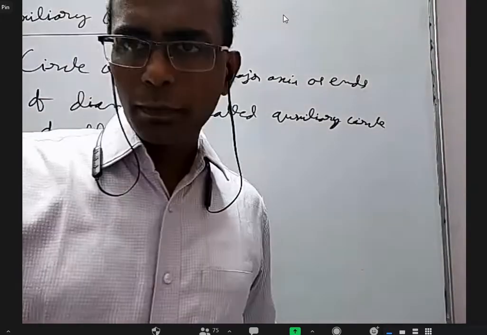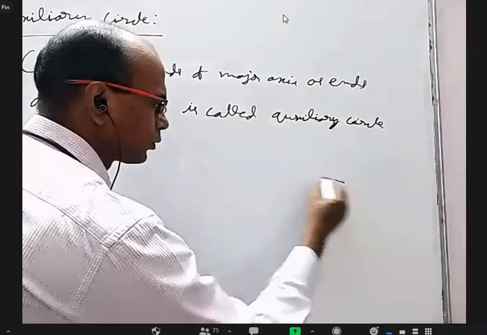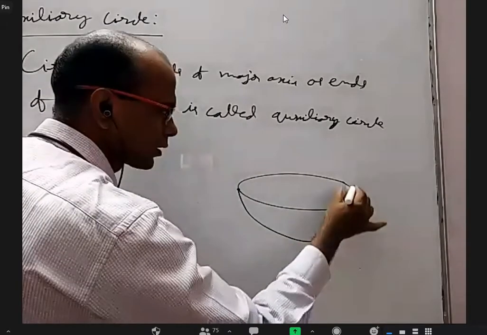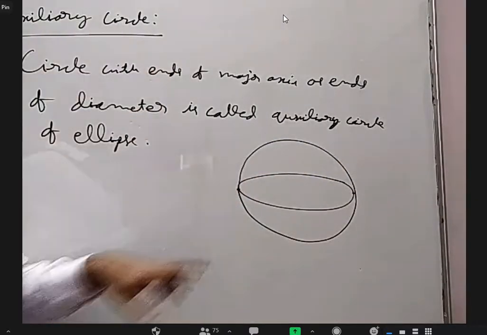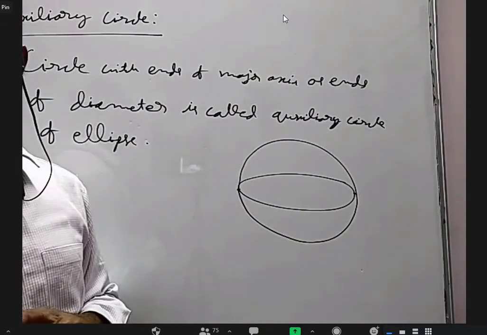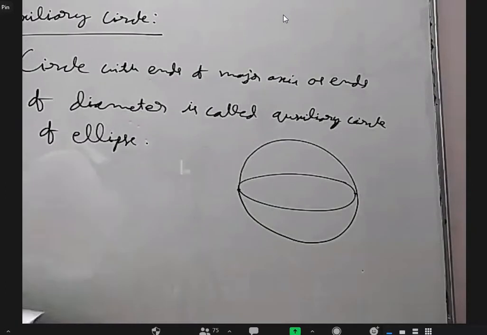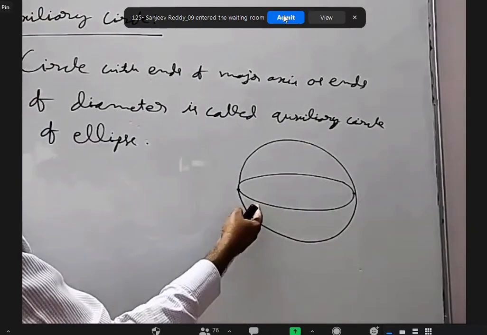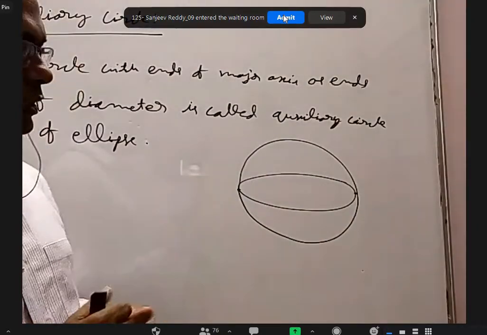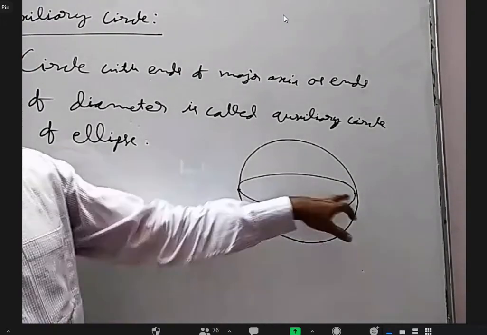Can all of you hear me? Yes, sir. All right. So you take the ellipse, take these two as ends of diameter, you will get a circle. Can I say this is the smallest circle containing the ellipse? If you want to put this ellipse in a circle, this is the smallest circle. You can put it in a bigger circle also, but this is the smallest one, because any other length will be less than this. So this is the longest length of the chord. Can I say the major axis is the longest chord in the ellipse? That is the reason it is called major. Of course, even otherwise, this is the longest.